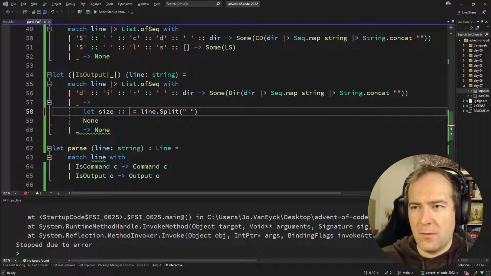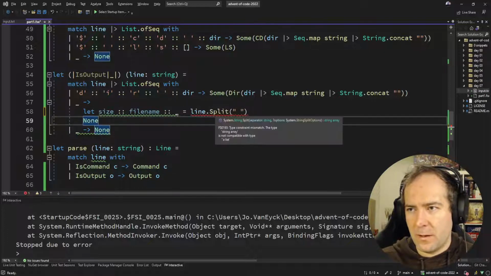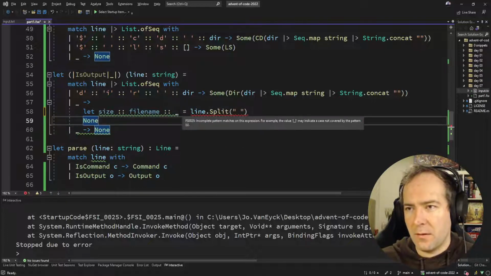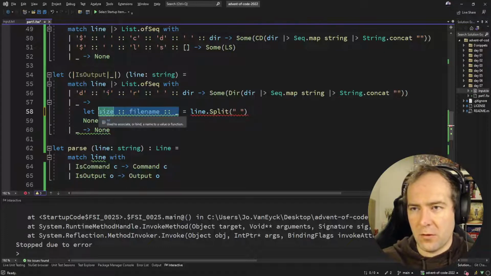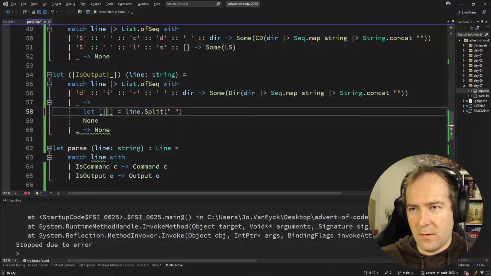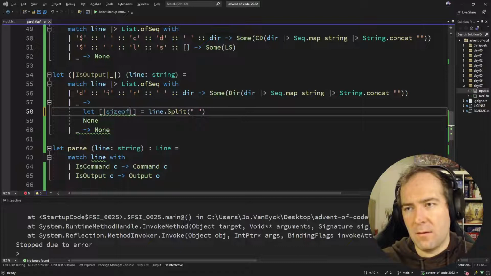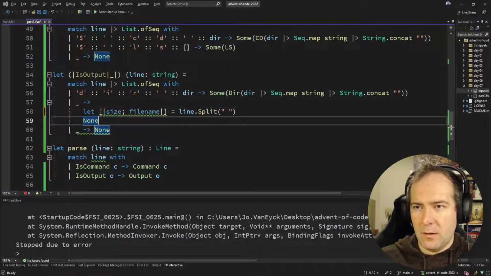We have size, we have file name, and we have whatever. Is that not how it works? Oh, it's an array. Yeah, I'm just gonna destructure using this syntax then. So we have size and file name. And so we can return